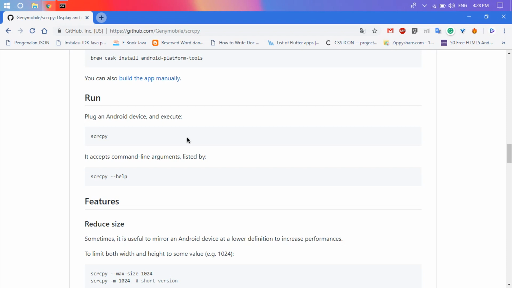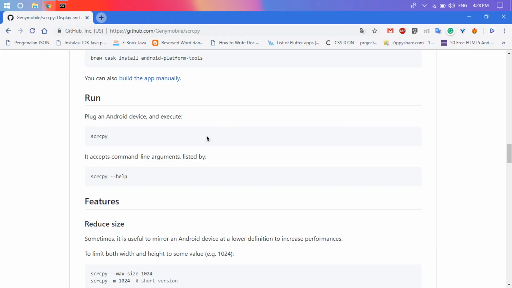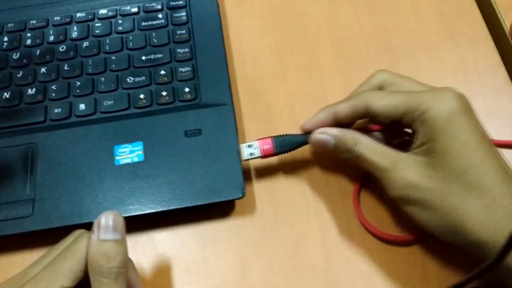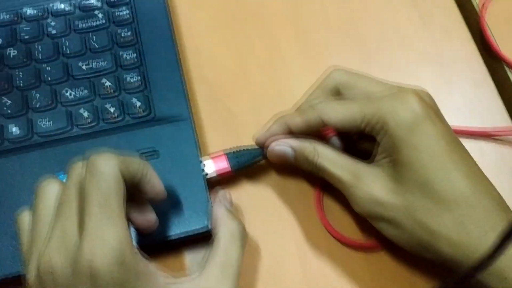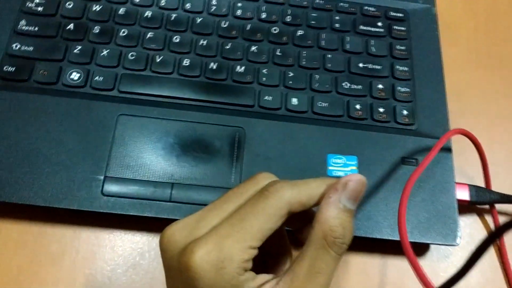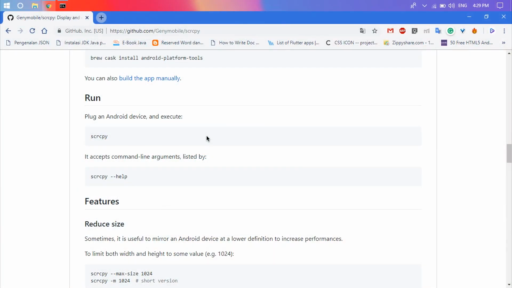Okay, the first step is we need to have a USB cable and connect it with our computer. And the next step is to connect the USB to the device and make sure the USB debugging feature is active and some additional options are enabled.